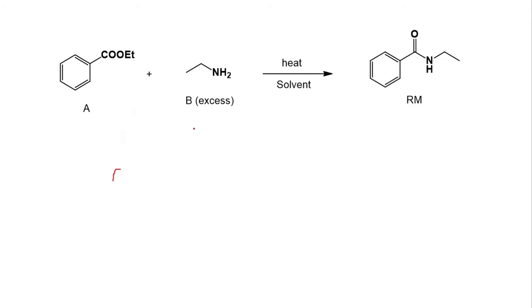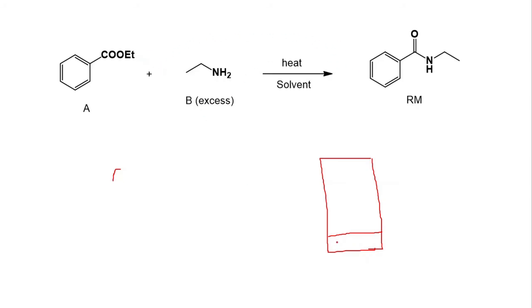And after some time you want to know whether the reaction is over or not. So what will you do? You put a TLC. You have to spot at least 3 spots here. See, this B you have taken in excess. Generally, if you have 2 reactants, one of them is always taken in excess. This amine is usually taken in excess, to ensure the reaction goes to completion.